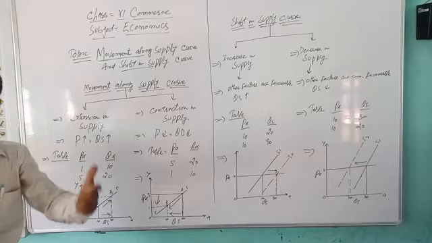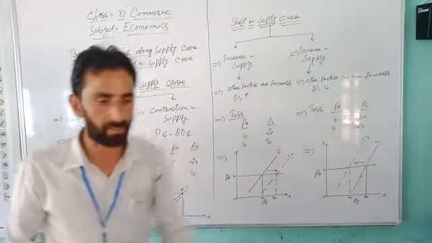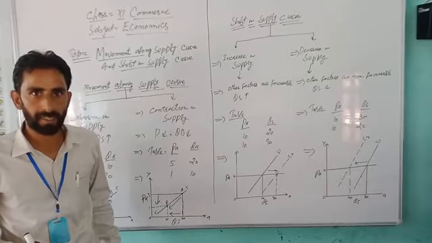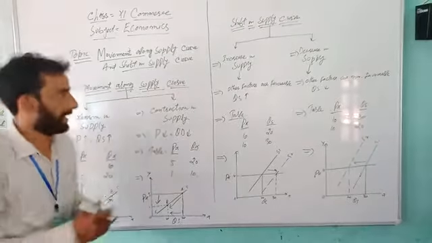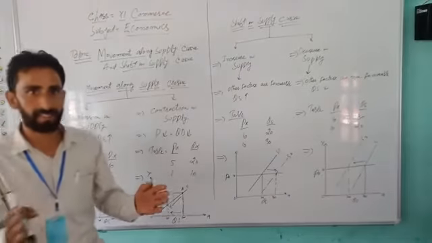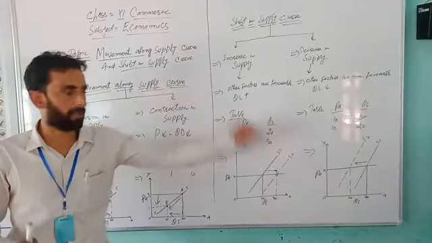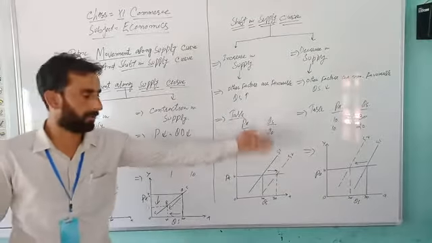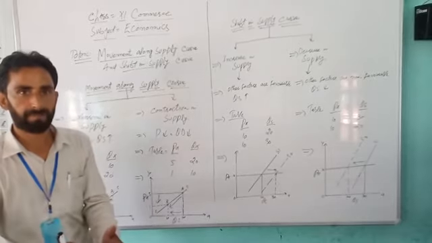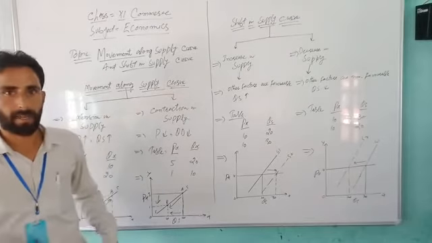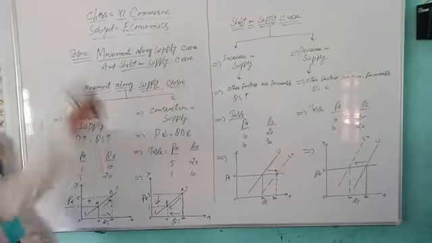First, I will give you a little bit of concept regarding what is move. Movement means I am standing here, I will move towards forward or towards backward. Clear? Movement means move forward or move backward. But shift means the track is changing. If I am standing here, I will change 1 foot to left or 1 foot to right. This is the difference. Move means the track is the same, move towards forward or backward. But in shift, there is a change of track. It will be clear from the topic.